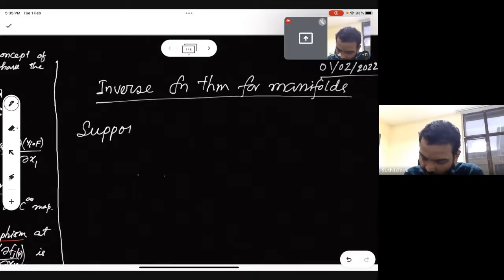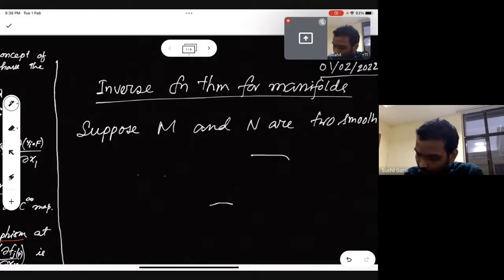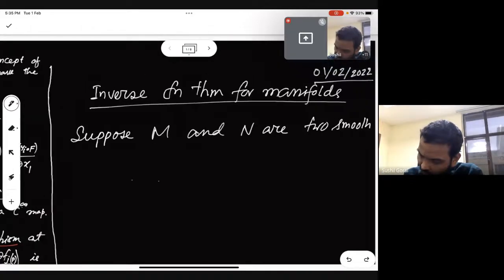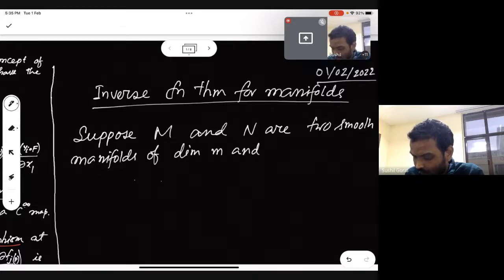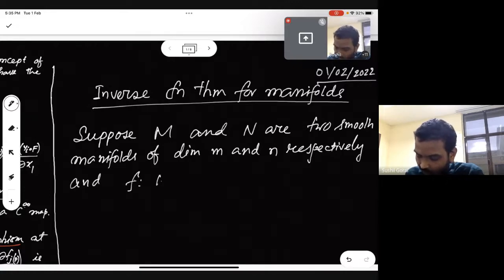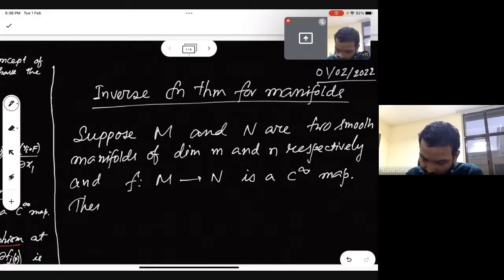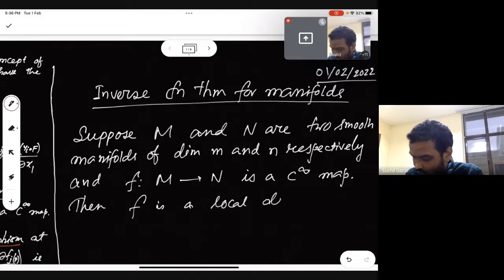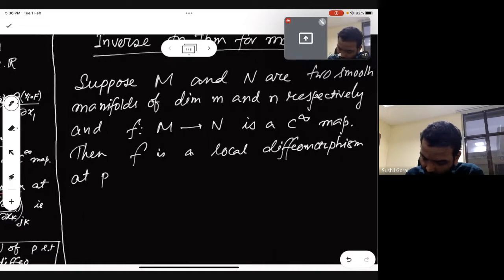Suppose M and N are two smooth manifolds of dimension m and n respectively, and f from M to N is a C-infinity map, then f is a local diffeomorphism at p if and only if